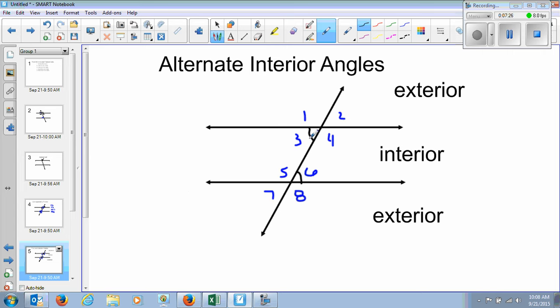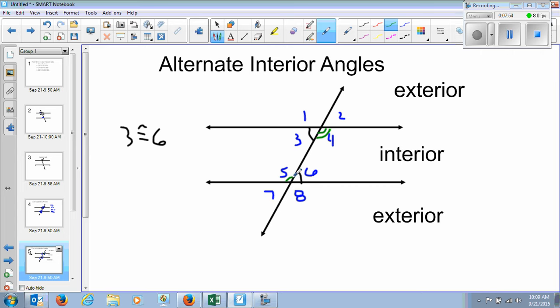Now if you look at those, you can kind of see 3 and 6 look like they're going to be the same measurement, and actually they are. So angle 3 is going to be congruent to angle 6. Alternate interior angles are congruent. We have one other set of alternate interior angles. Angle 4 is an interior angle. And then I go to the other side on the different parallel line,